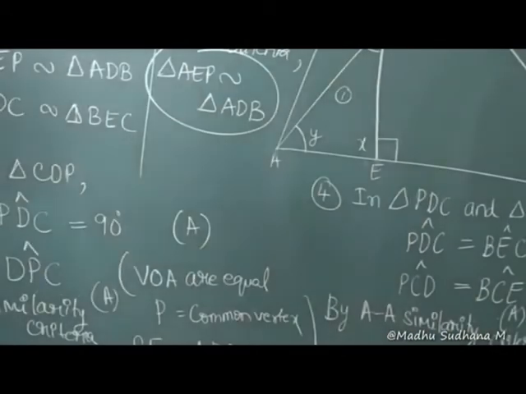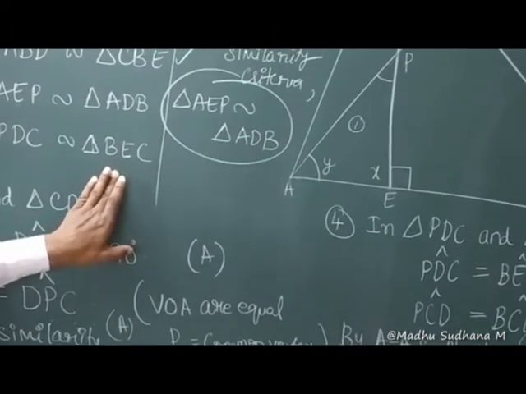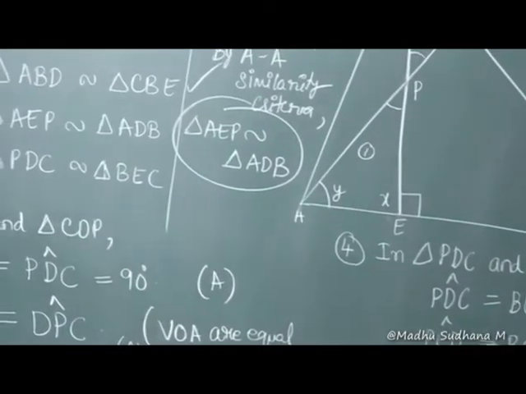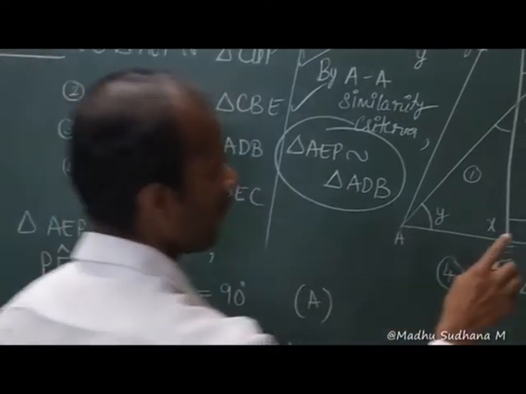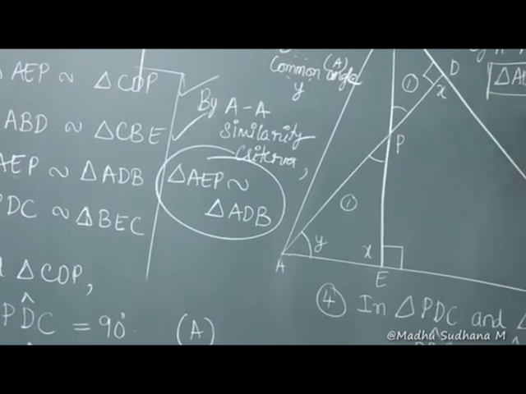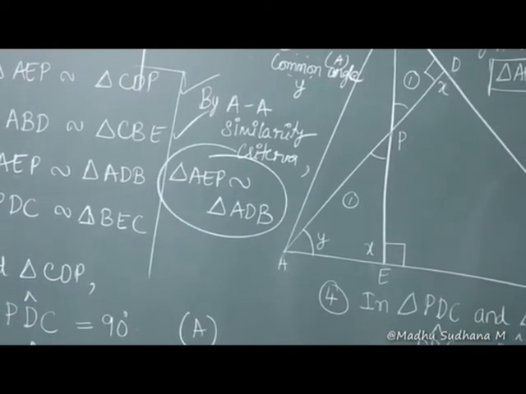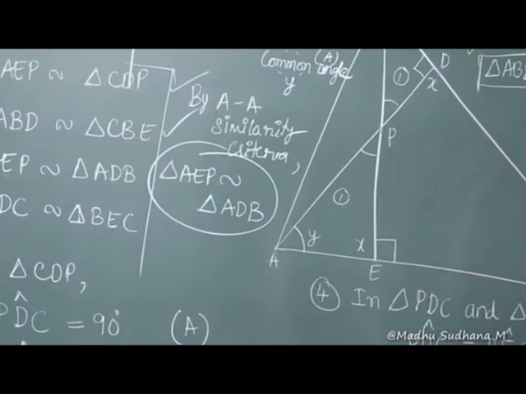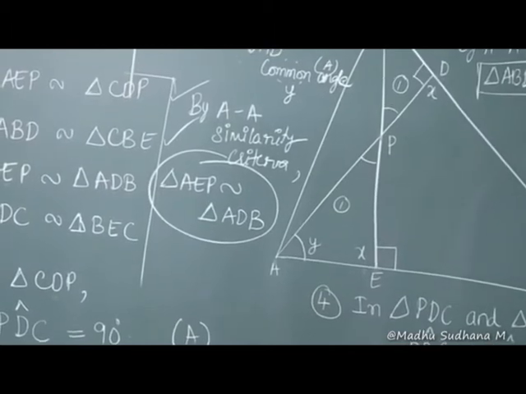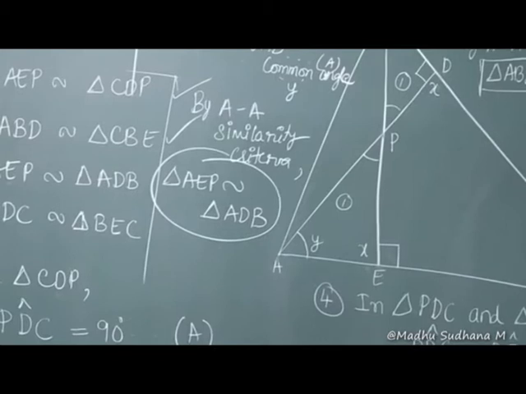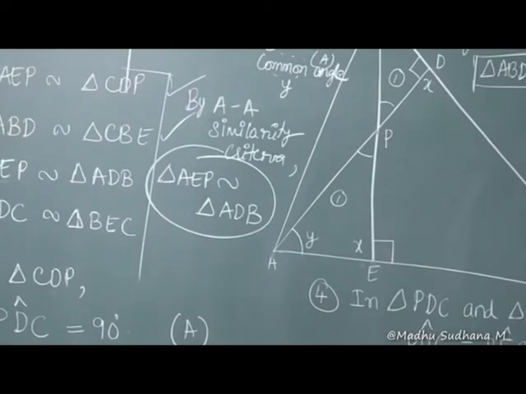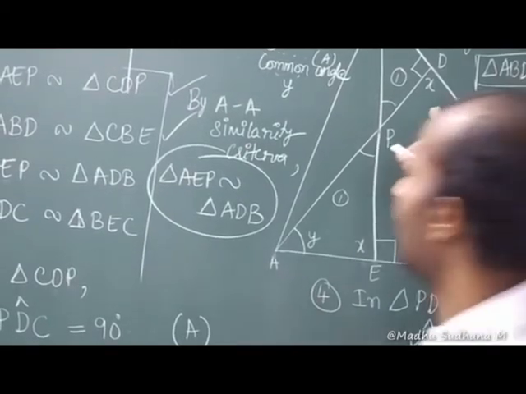So even before moving to the proof of this theorem, I request every student to make an important note here. See, in this diagram, we have P, we have D, and even we have B also here. So P, D and B. If a student starts writing like this, we don't know whether this is a D or this is P. Followed it? So please see that alphabets are written properly. So this is the end of the proof for this question.